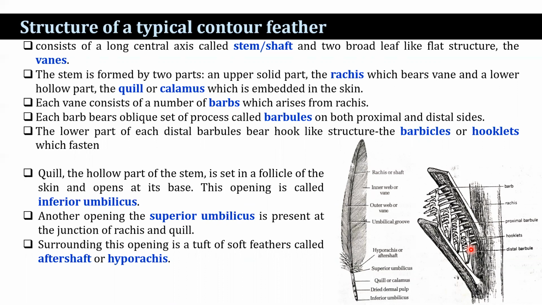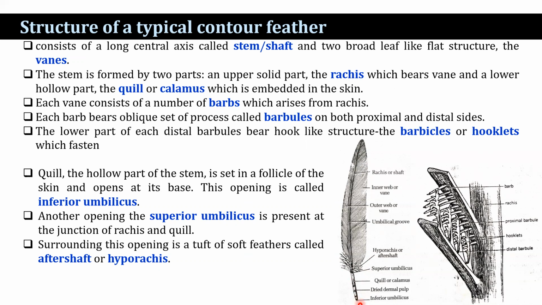Rachis bears a mid-ventral groove. This is a mid-ventral groove. That is an umbilical groove. When the contour feather is ruffled, the barbules become unhooked. Preening rehooks the hooklets. And the quill, this part is a quill, that is a hollow part of the stem